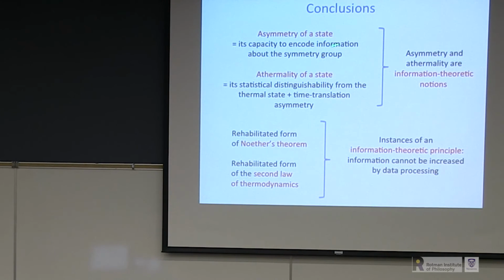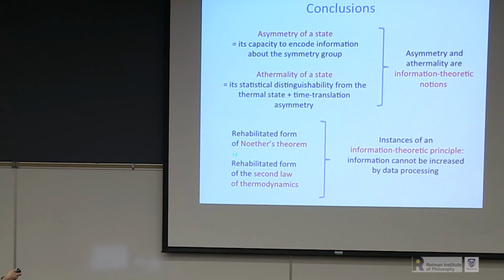What I've tried to persuade you of is that the asymmetry properties of a state are really just about its capacity to encode information about the symmetry group. The athermality properties of a state have to do with the state's statistical distinguishability from the thermal state, together with its time translation asymmetry properties, which are really properties about how it encodes information about time translations. Possibly some others, although I conjecture there's nothing more to be added to this list. Which means that both of these properties are information-theoretic notions, ultimately. That the asymmetry and the athermality are really about informational properties. And I gave you rehabilitated versions of Noether's theorem and the second law of thermodynamics, and ultimately they boil down to specific instances of the